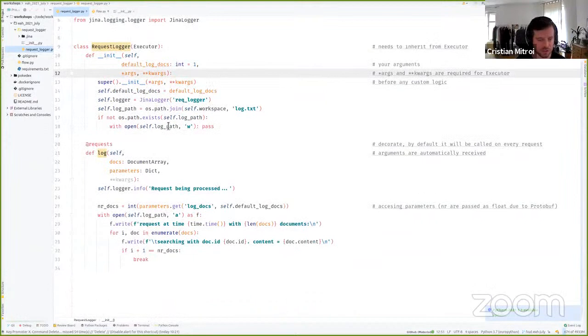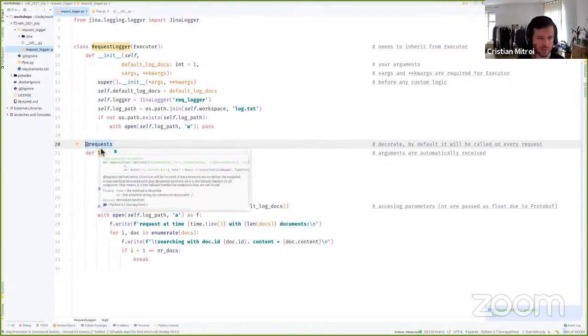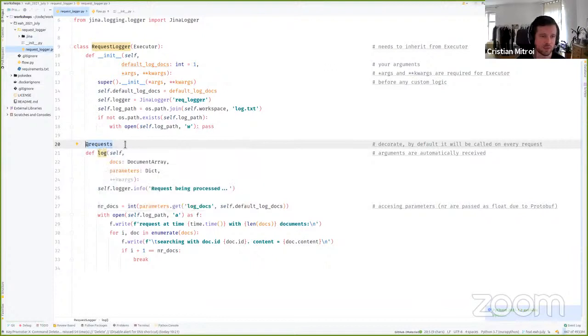Now, the magical part comes here. You will have a decorator on a method. This decorator tells Jina, the flow, where to send a specific request depending on the endpoint that you specify in that request. In this case, we are saying send this to all the endpoints, but every endpoint will just default to this.